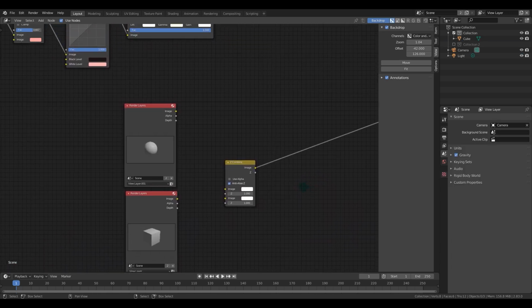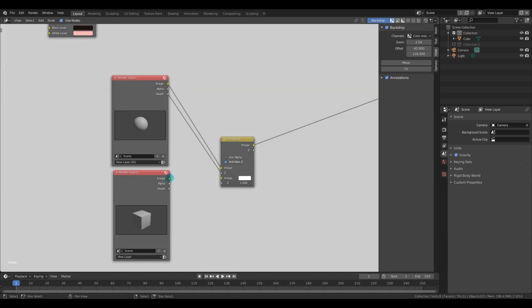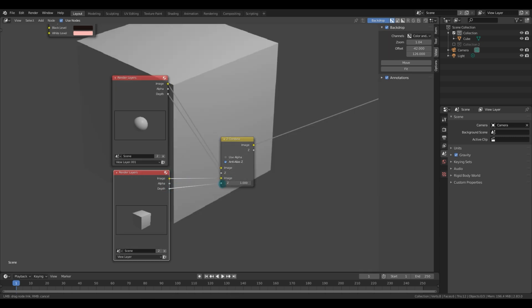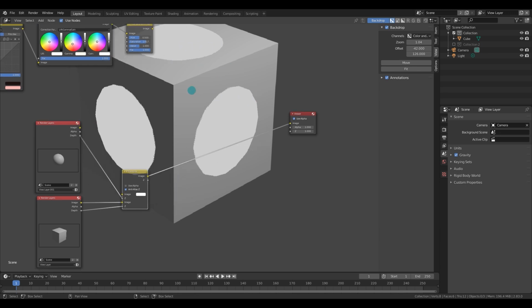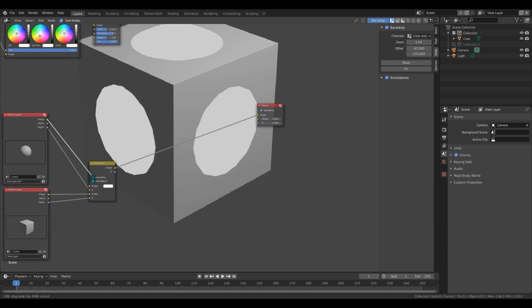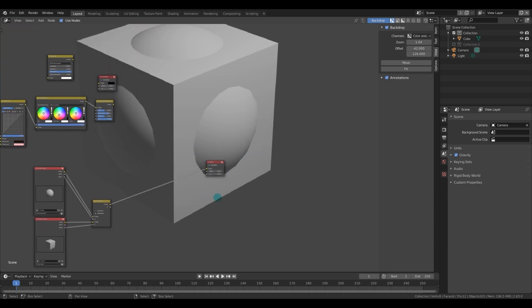Where the alpha over node layers elements based on alpha channel, the Z combine node layers elements based on distance from the camera. Notice how none of these layers that I'm going to show have an alpha channel that I'm using. But as you can see in the case of the sphere, it is actually layering these effects based on how far away they are from the camera. It's a very cool thing, and it's useful for various niche effects, such as combining scenes with background matte paintings.